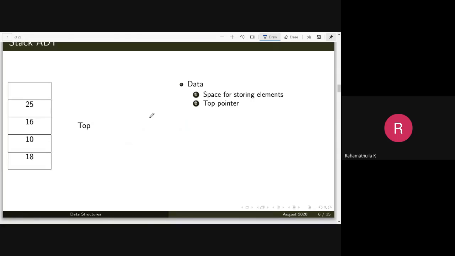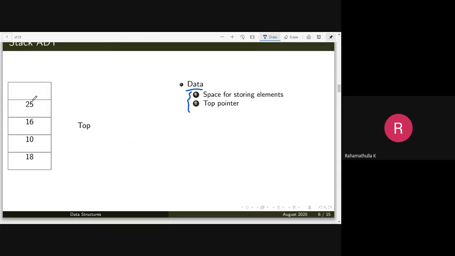An abstract data type is normally defined as data, then the operations that can be performed on the data. So the data elements in the case of the stack are of the same or similar type.